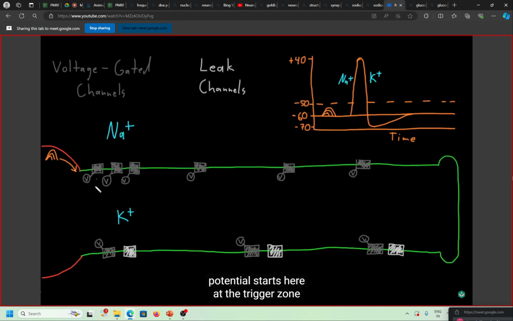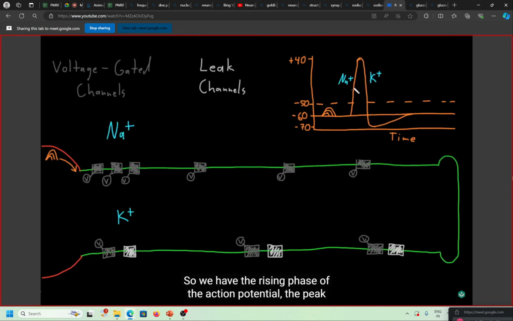This movement of sodium ions and potassium ions across the membrane, causing the waveform of the action potential, starts here at the trigger zone at the axon initial segment, but then rapidly spreads in waves down the axon. First, there's the wave of depolarization from opening of the voltage-gated sodium channels. So a wave of depolarization rapidly spreads down the axon. But following right behind it, right on its heels, is this wave of hyperpolarization caused by potassium exiting through the voltage-gated potassium channels and the leak channels.